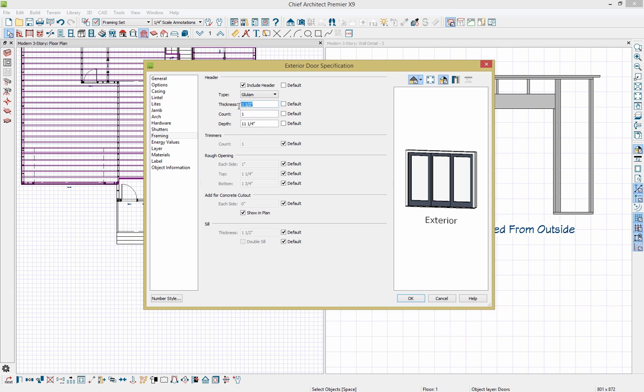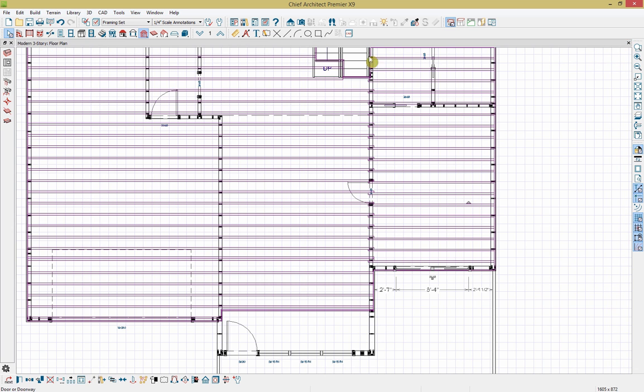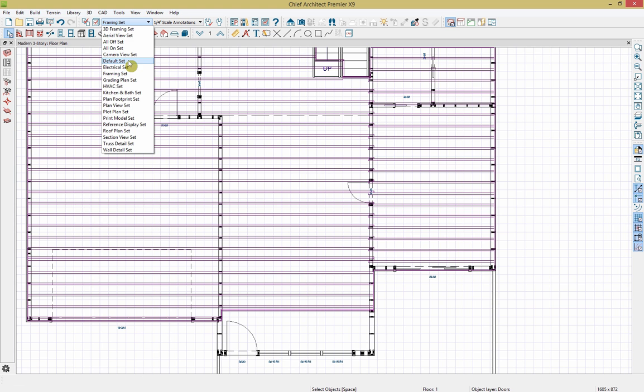So let's go through here, and I'm just going to make a few modifications. Let's do our depth at 14, and so we can just see what happens here. So you can see that change, and that's going to be reflected in your materials list as well. Alright, I'll close out of that. We're going to get back into our default set,